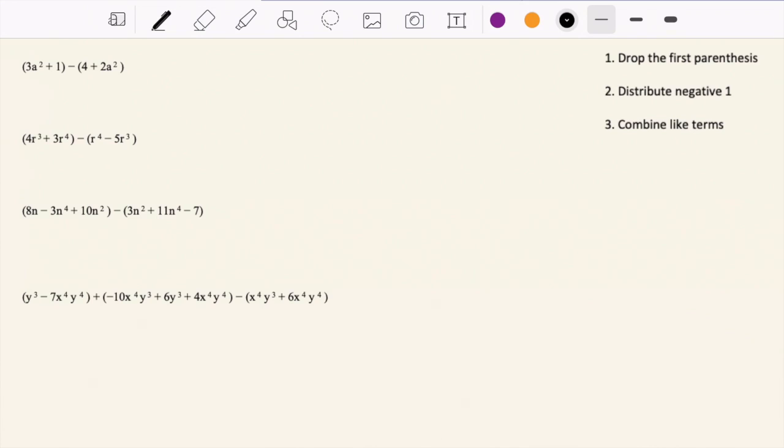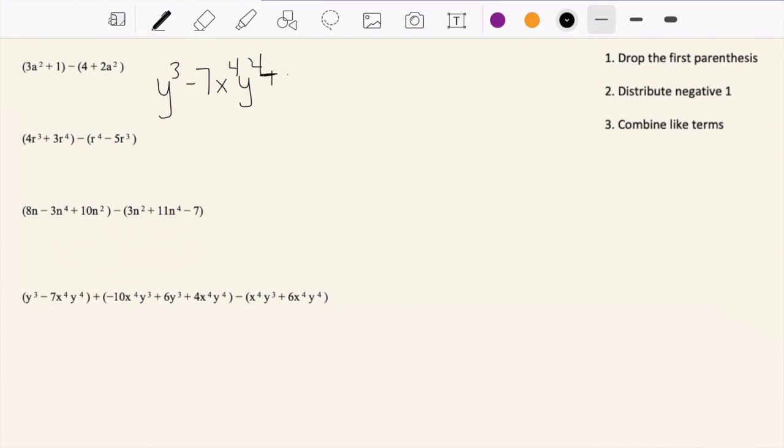So if you follow the same steps every time and you remember those same couple steps, these questions become really easy. So if we look at this one, it starts with a plus right here. And if we remember our rules for adding, we're just going to rewrite that without the parentheses. So y cubed minus 7 x to the 4th, y to the 4th,